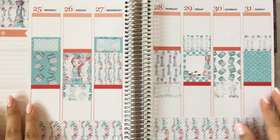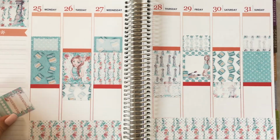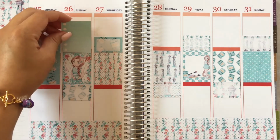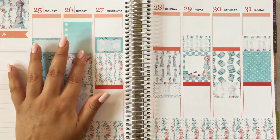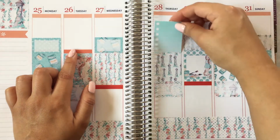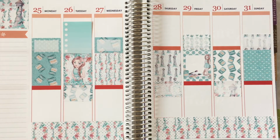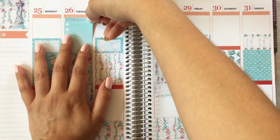Now that I have those done, I need to somehow cover all the headers on here. Oops. So I think what I'm going to do is first put on my ombre boxes, and I'm going to put them in maybe, no, not there. Actually, I could put them, since there's only three, 1, 2, 3 of them from the top. I guess I could do that, and then I could just put a washi on there, because I do have little washies, those little things. I could probably do that, and then cover up that part